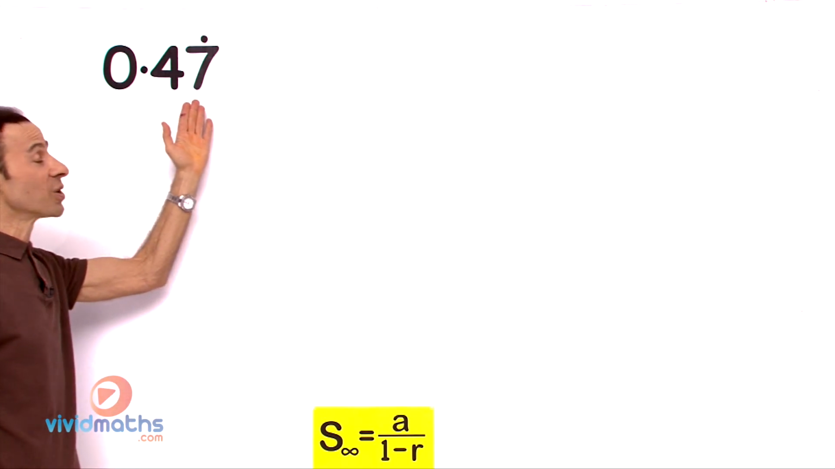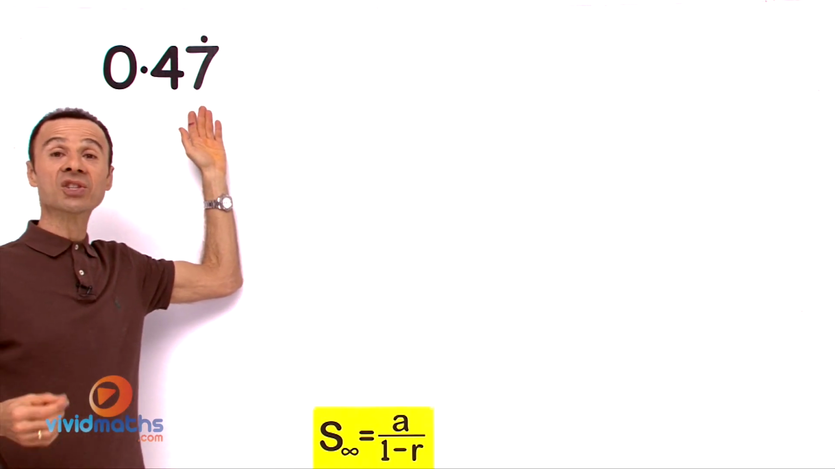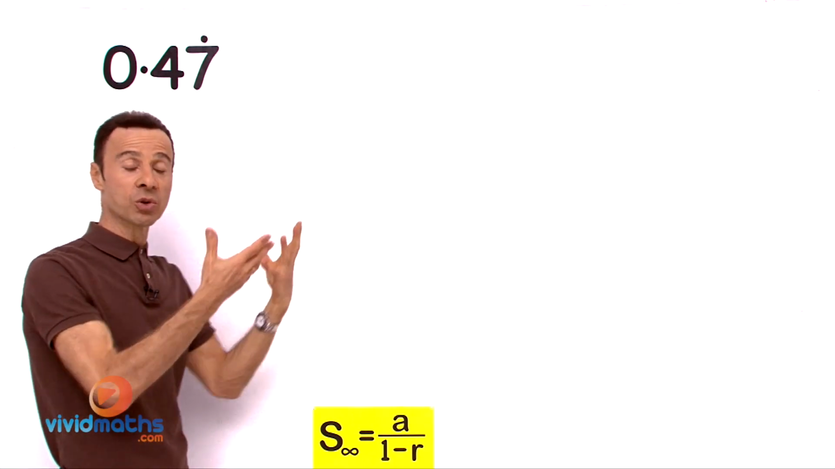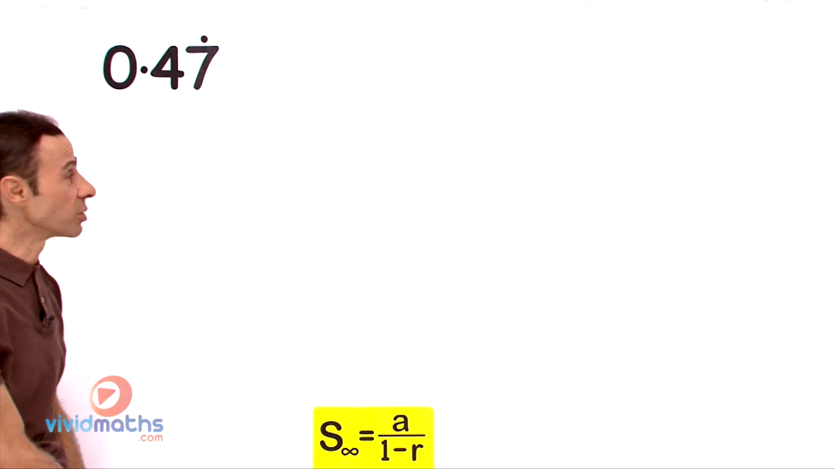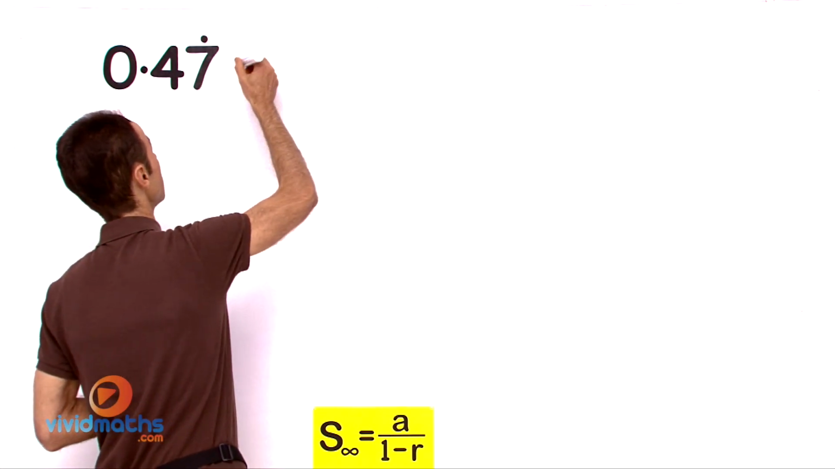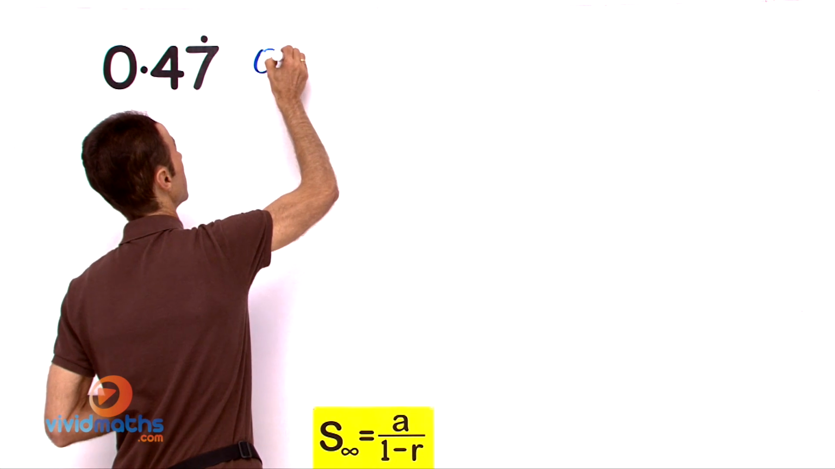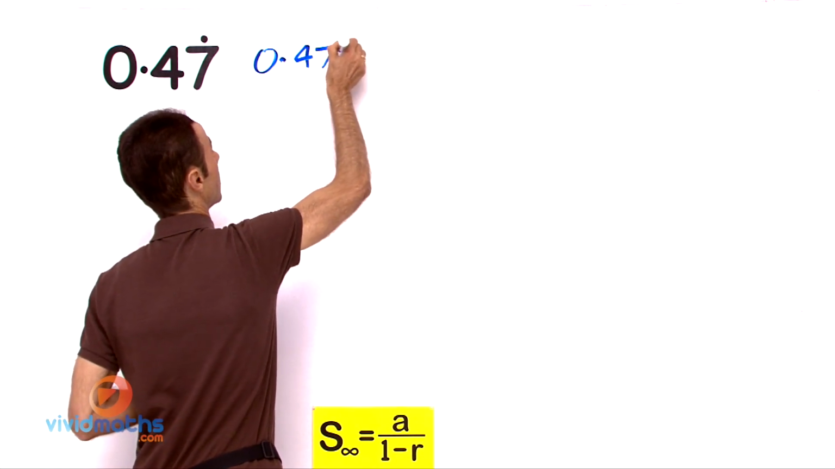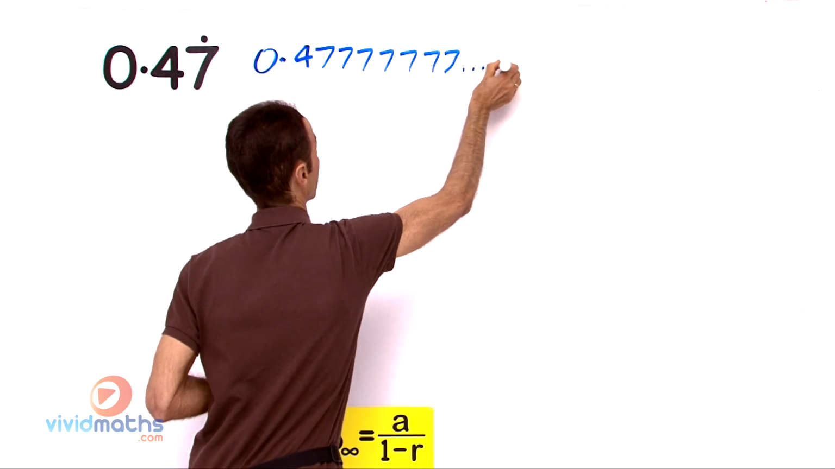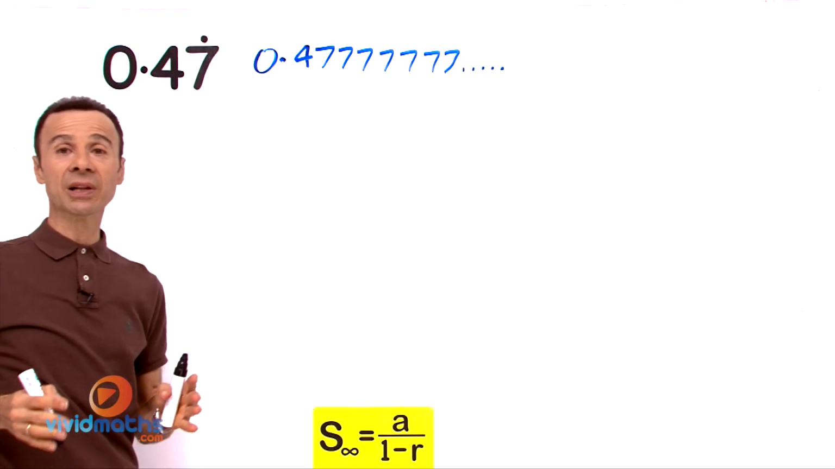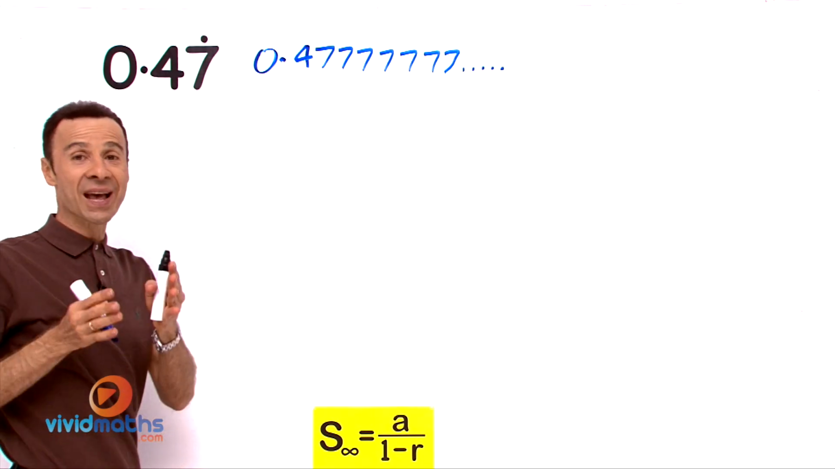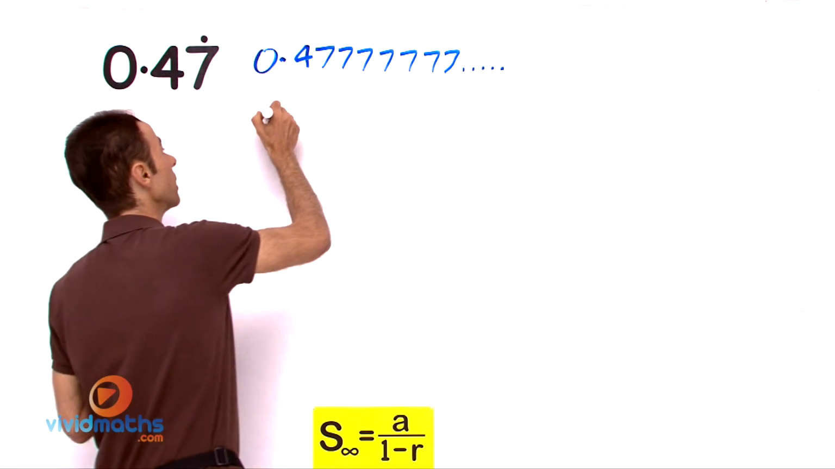It's 0.47 repeated. The dot is over the 7, meaning the 7 will continuously repeat. So allow me to write this up in the way that it looks. So if this was to be written out, it would basically be... the recurring decimal is strictly on the 7, not the 4. So if we were to write this out as individual terms, it would be